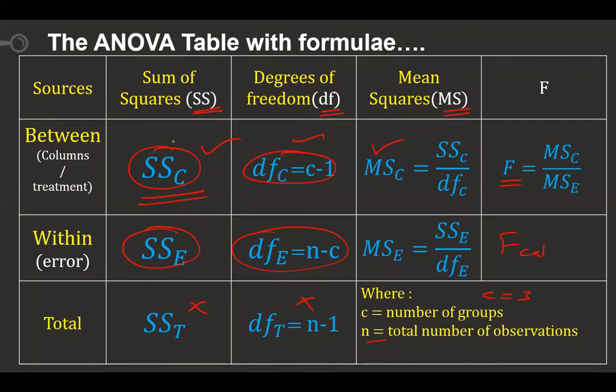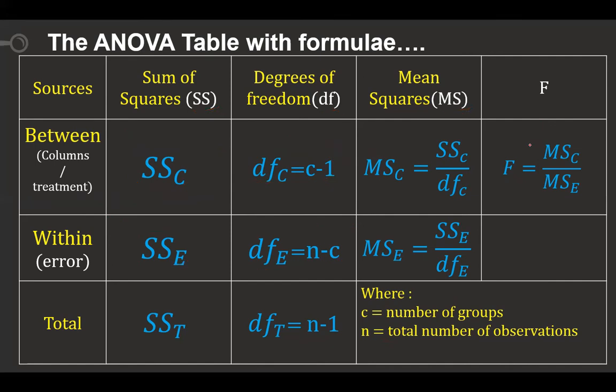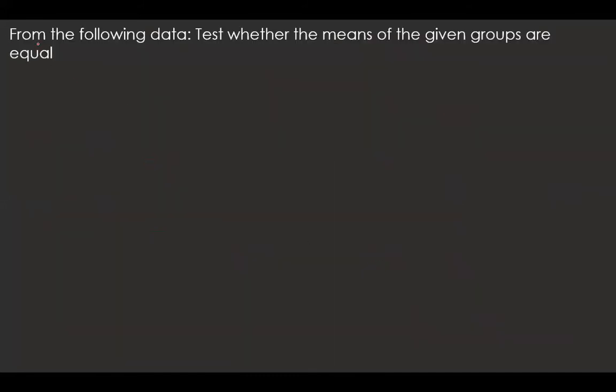So this is the ANOVA table. Anyway, we are going to calculate first this one. This I'm calculating first. This I'm calculating second. This I'll calculate third. This I'll calculate fourth. This I'll calculate fifth. And last, sixth, I'm calculating this. This is what we are going to do in the next slides. Okay, this is the ANOVA table. If a question comes, explain the ANOVA table, we are going to draw this and explain this. Now, I have just taken a simple example here. I have not given it as a pharmaceutical example.